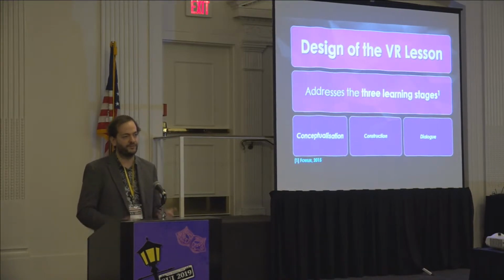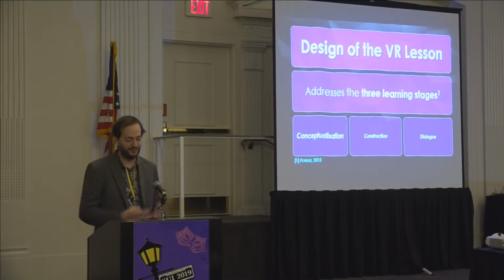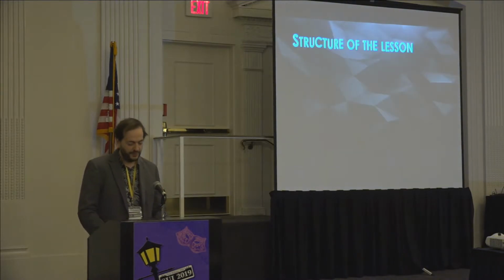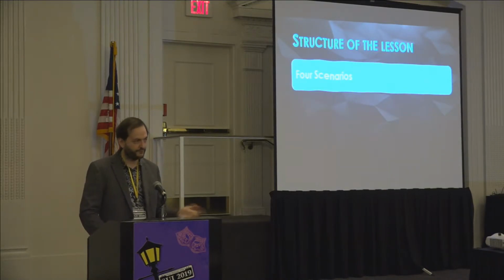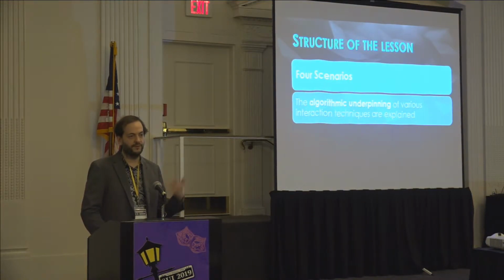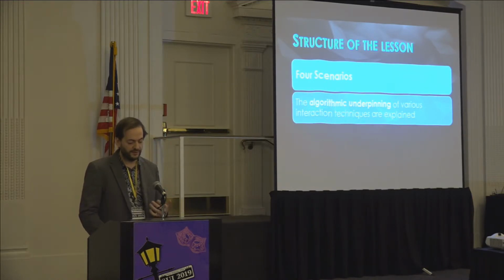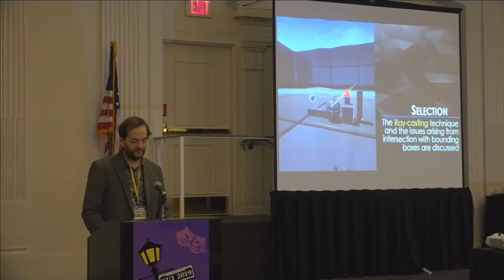So we try to keep conversation between the student and the instructor as short as possible and as unbiased as possible. The structure of the lesson then follows the following. So there were 4 scenarios, one for each of the interaction tasks. And at first, the instructor or the animation presented the algorithmic underpinning of several interaction techniques. And then the student can experiment with some interaction prompts, so they can try to experiment with what they have just been presented with. So to show you a little bit of how the lesson looked like,